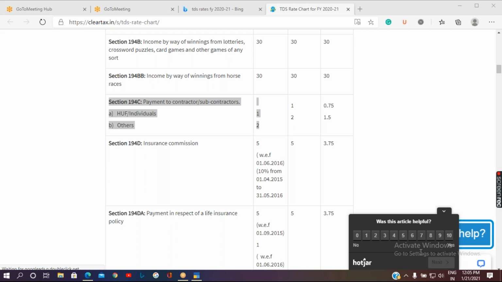This is a common section: 194C, payment to contractors or subcontractors.